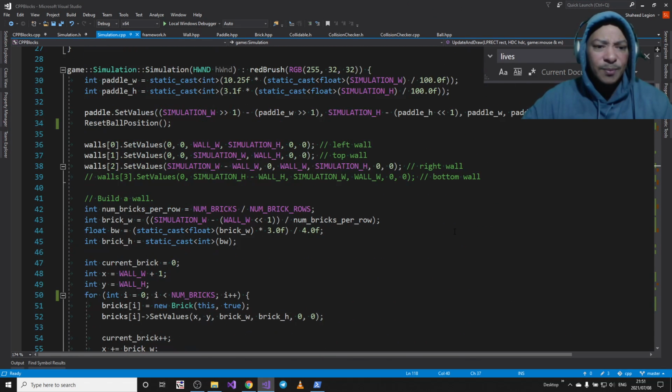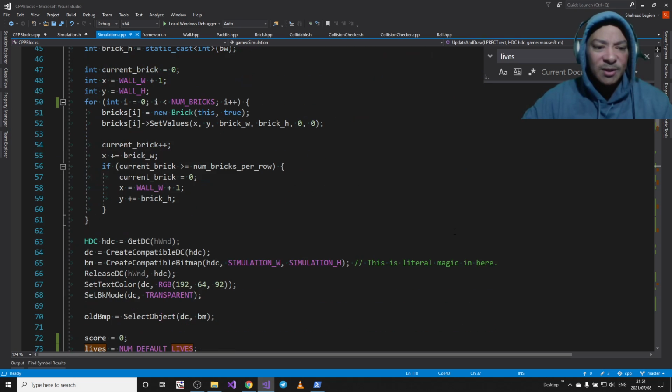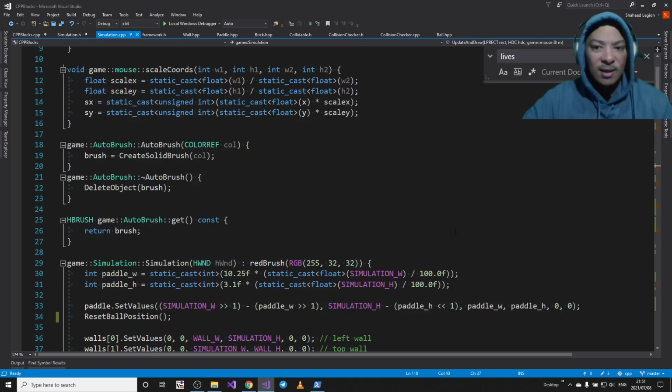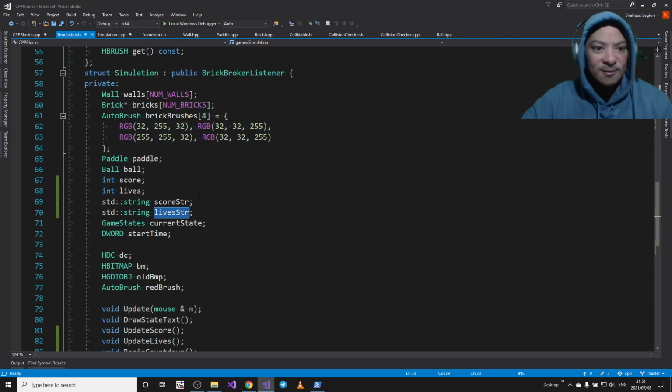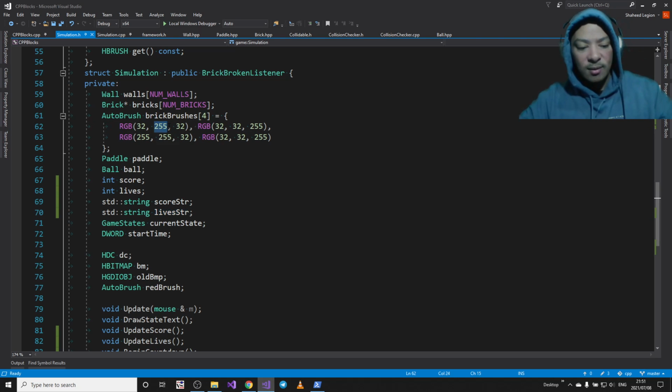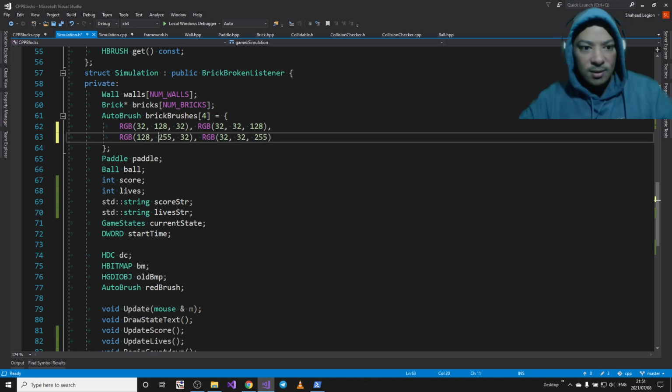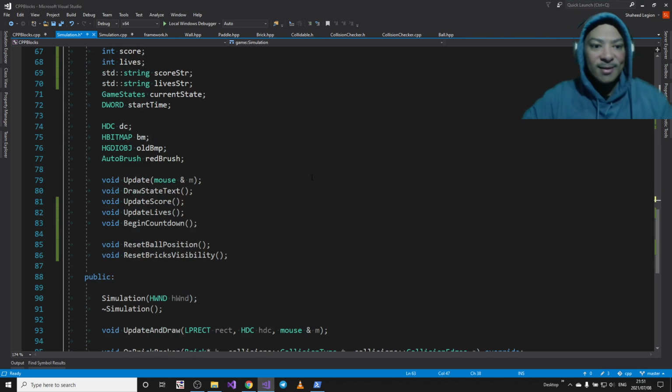So these, where are these brushes? I create these brushes manually, right? I just say here's 5 brushes and that's it. Yeah, 32 to 55. We could probably do 128 here instead of 255. It just halves the color intensity, right? And same thing here, 128, 128, and then 128. It just reduces that color intensity, and then